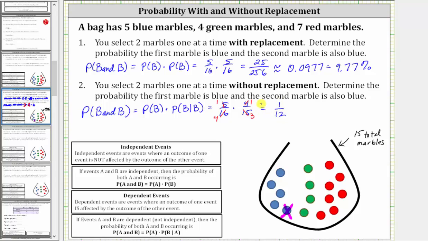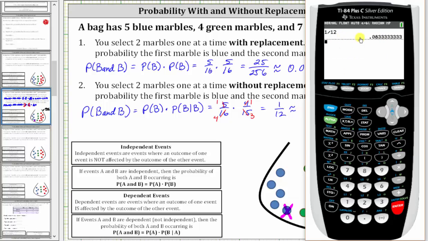So the probability of selecting a blue marble and then another blue marble without replacement is 1/12. Let's also show the decimal and percentage. To 4 decimal places, 1/12 is approximately 0.0833,